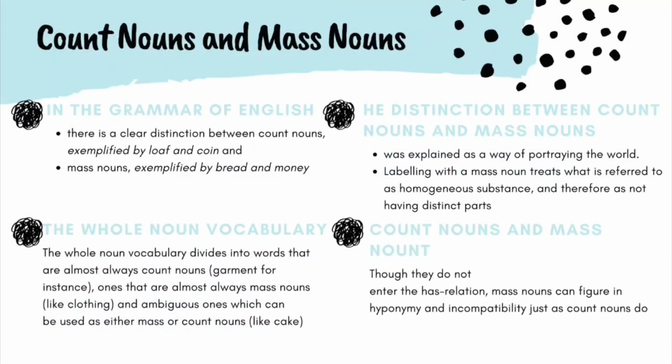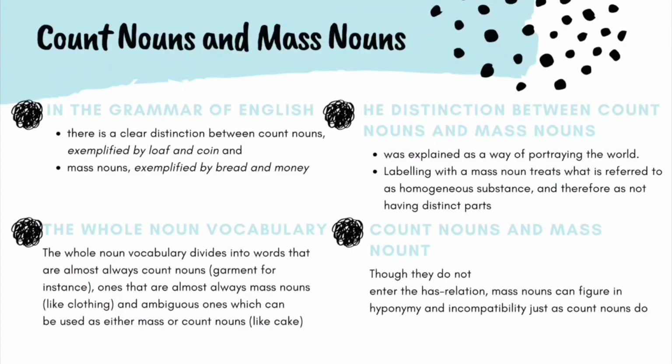Okay, the last one is count noun and mass noun. In the grammar of English, there is a clear distinction between count nouns, exemplified by loaf and coin, and mass nouns, exemplified by bread and money. The whole noun vocabulary divides into words that are almost always count nouns,